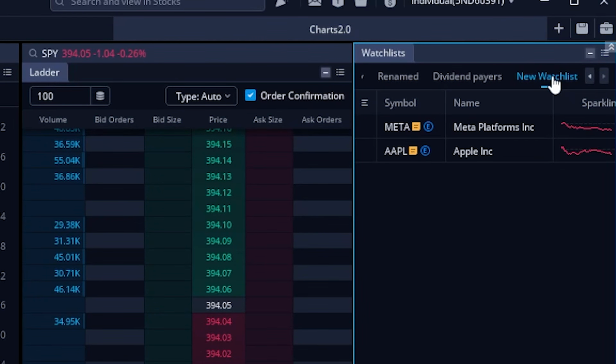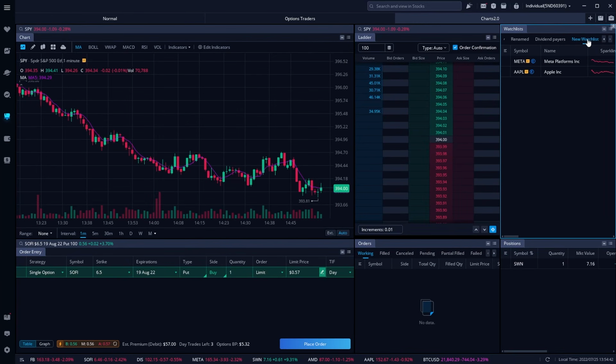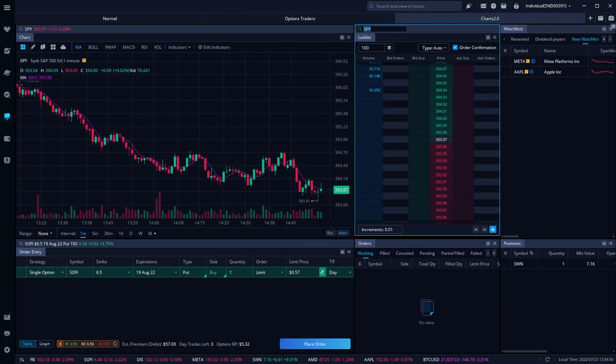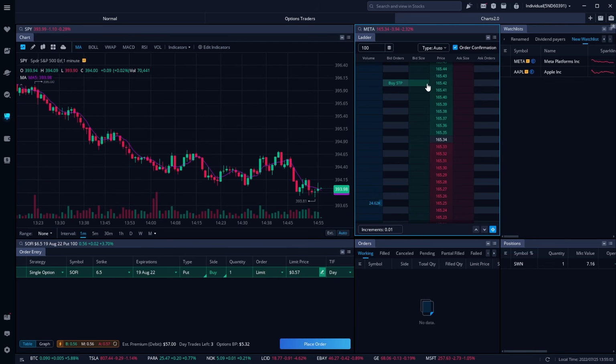Now I also want to make sure that I link all of these windows together to make it so if I change one of them, they all change to match. So for example, if I were to actually come over here to my chart page right now, you can look up here in the upper left and see I'm currently looking at SPY. You can also see over here on the active trader ladder, I also have SPY in here. But right now, if I were to change one of these, like let's say I change this one to Meta, you can now see that this little pricing ladder actually changes to Meta down here below,